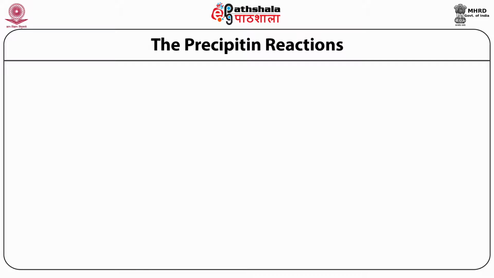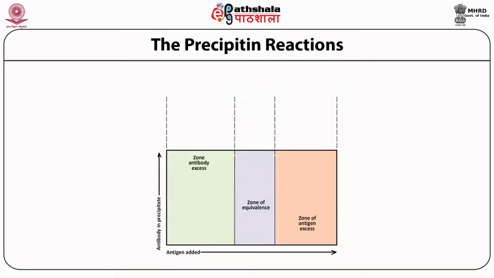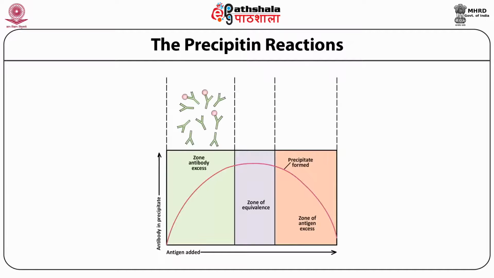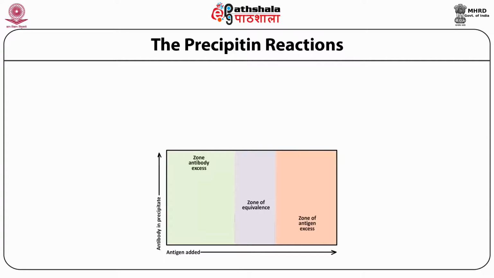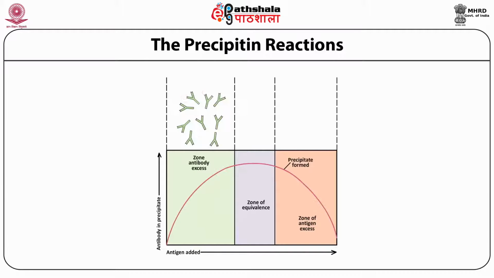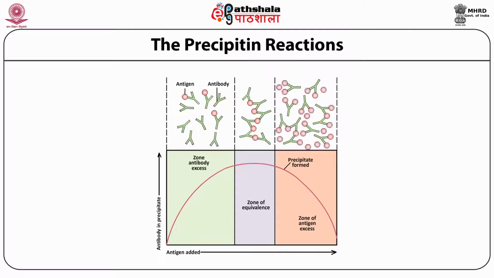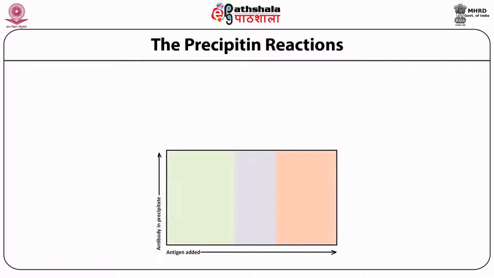We refer to the formation of the precipitate between soluble antigens and antibodies. Let us look at this reaction, which is called the precipitin reaction. In this case, the antigen molecules combine with the antibody molecules in a serum within a few minutes. When univalent haptens are used as antigens, these antigen-antibody complexes remain in soluble form.